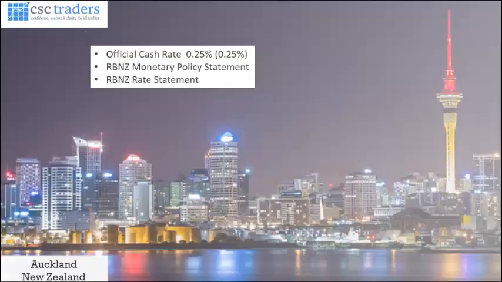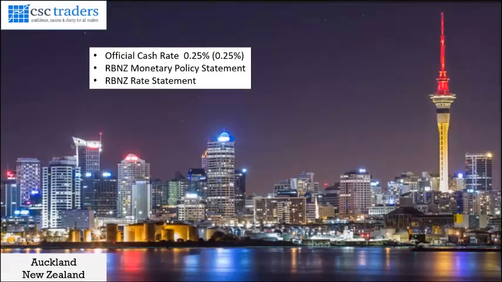All right, let's have a look at what's happened in yesterday's market. The biggest news and the biggest market mover was the Kiwi dollar, as we saw the Reserve Bank of New Zealand basically send the Kiwi dollar tumbling after they surprised the market by doubling the size of their quantitative easing program to 60 billion new Kiwi dollars. The rate itself remained unchanged at 0.25%.